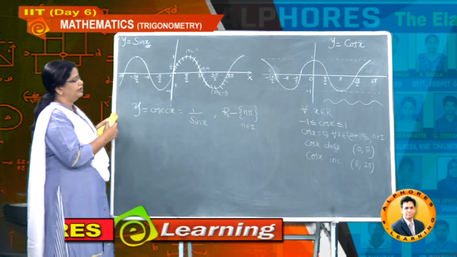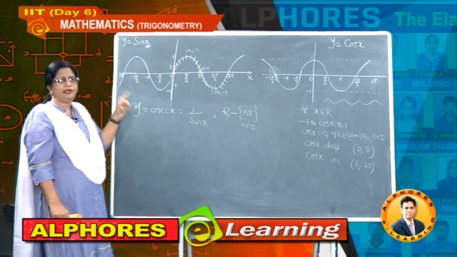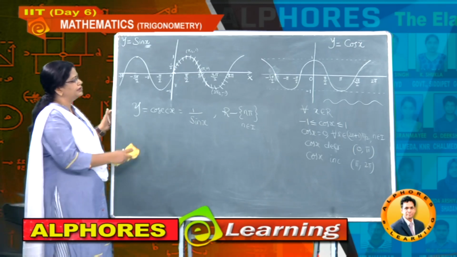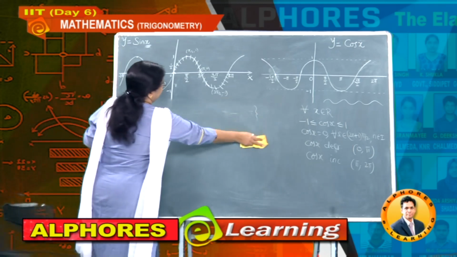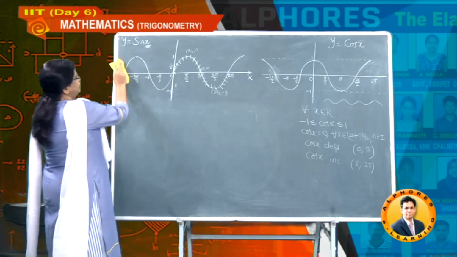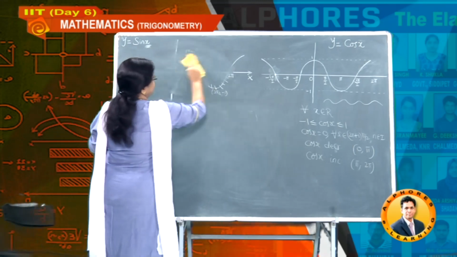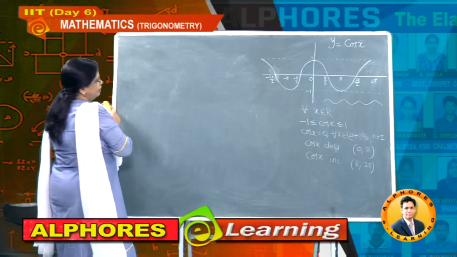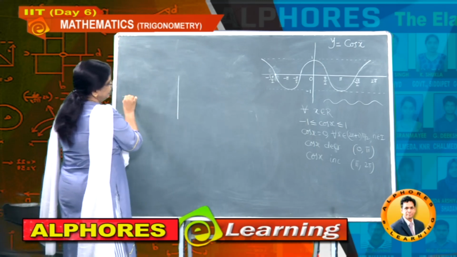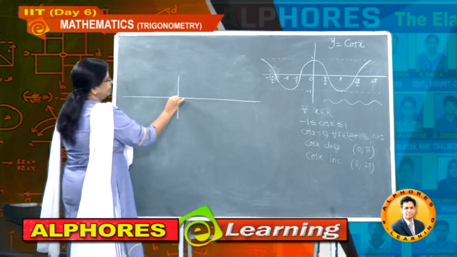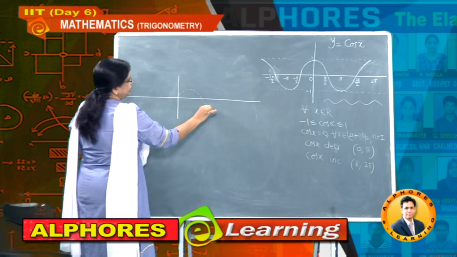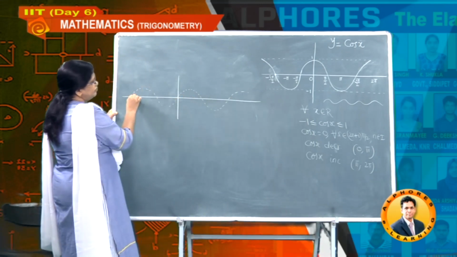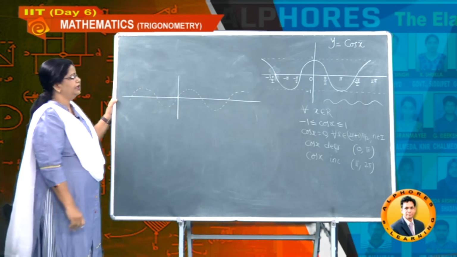Now to draw this cosecant function graph, let's take the help of the sine graph. Okay students, how to take the help of this sine graph? First you have to draw this sine graph in dotted lines. To draw the cosecant graph, first you consider the same sine graph in dotted lines. That means like this, I am drawing here, this is the sine graph we just observed, in a dotted one.